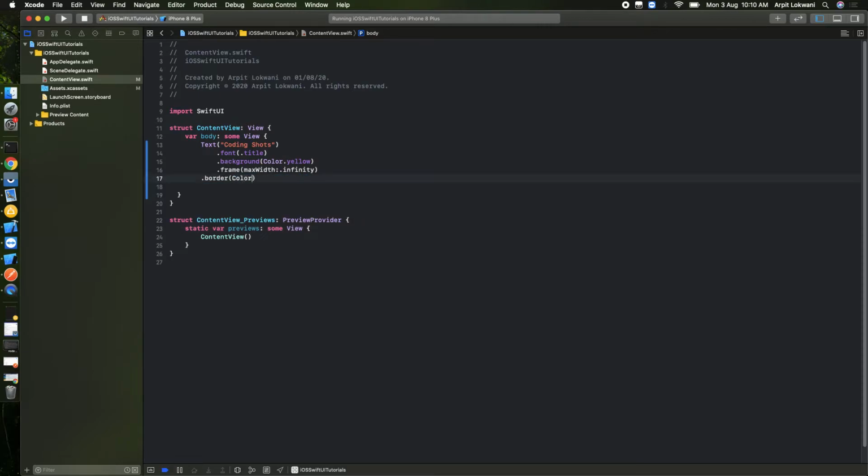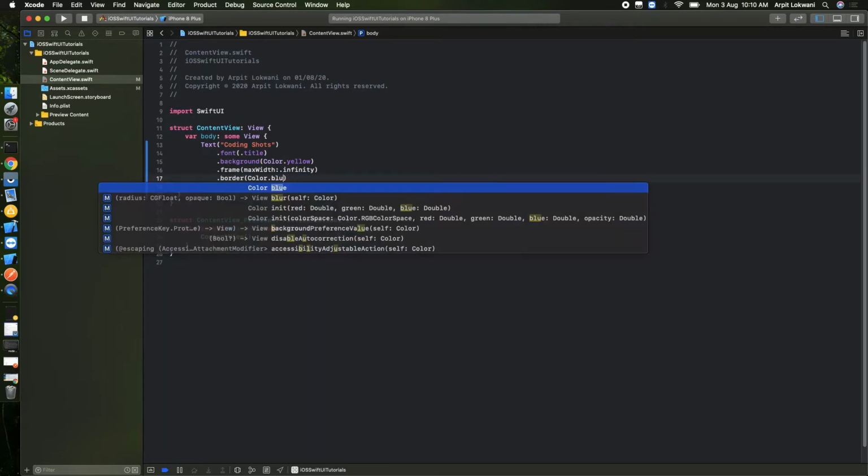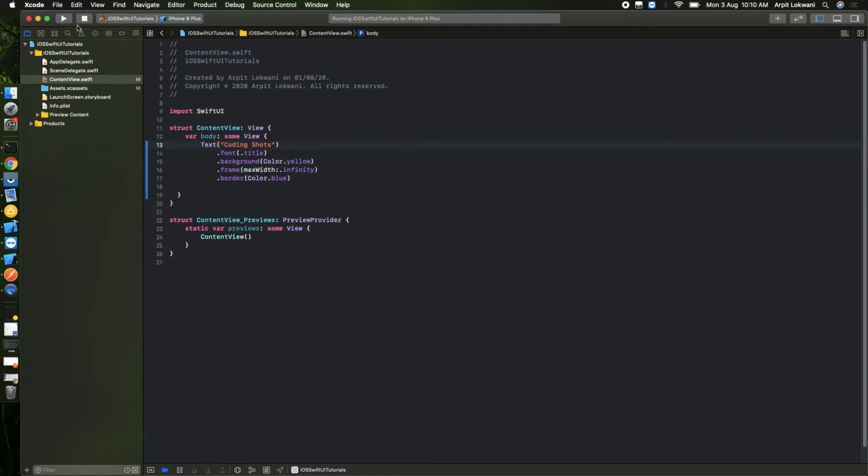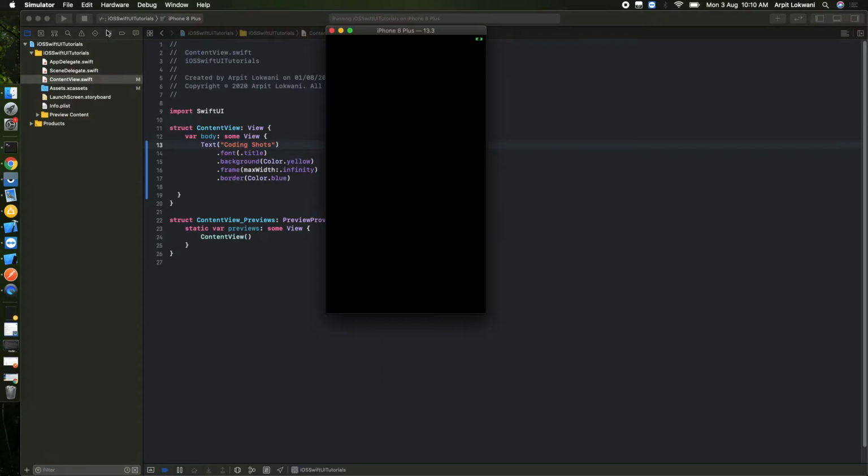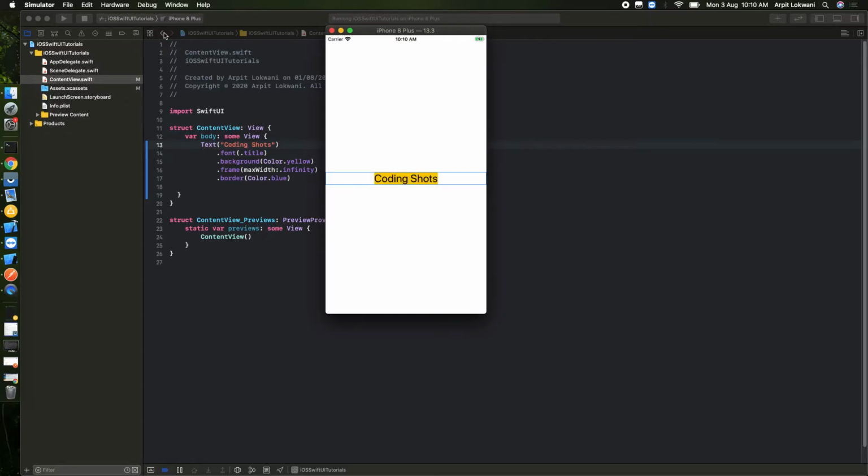We can say color dot blue will be fine for the border. Now you might see the difference. The blue color of the border will highlight the wrapper frame actually. So this is a wrapper frame. The text view still will be the smallest possible size. So that is the basic concept of spanning the SwiftUI view across the total width and height.